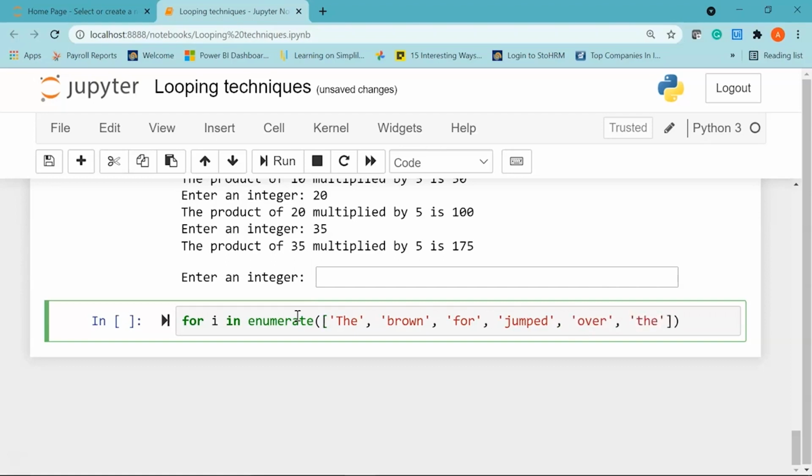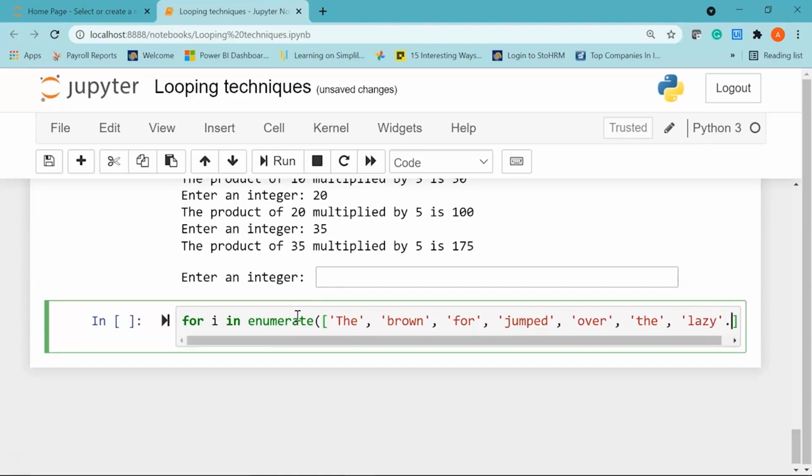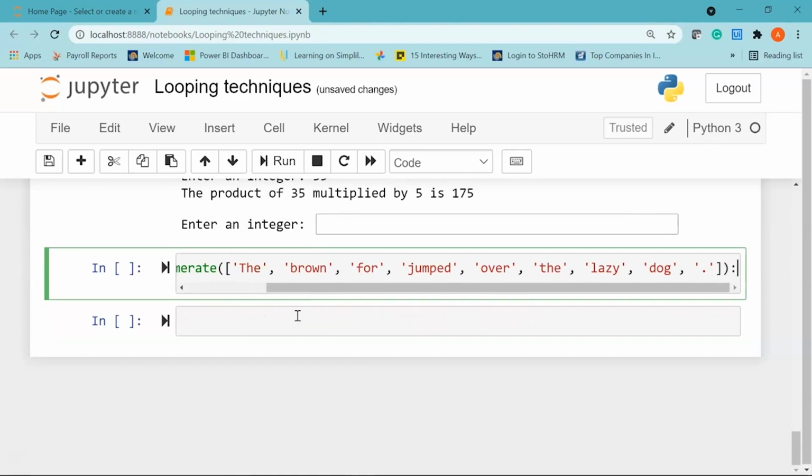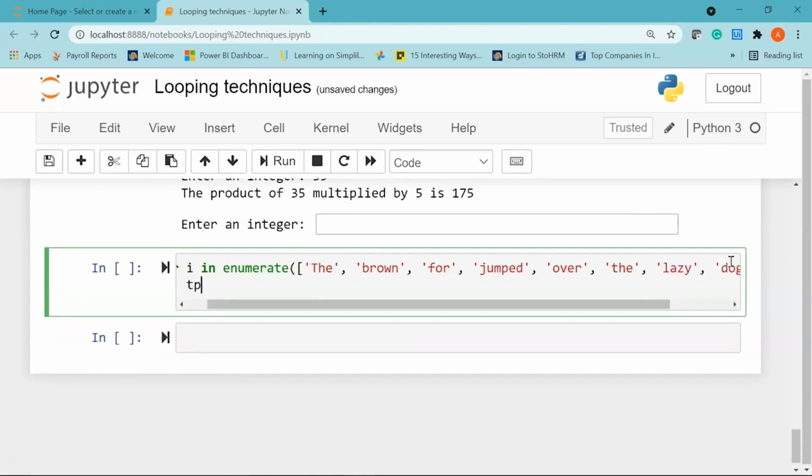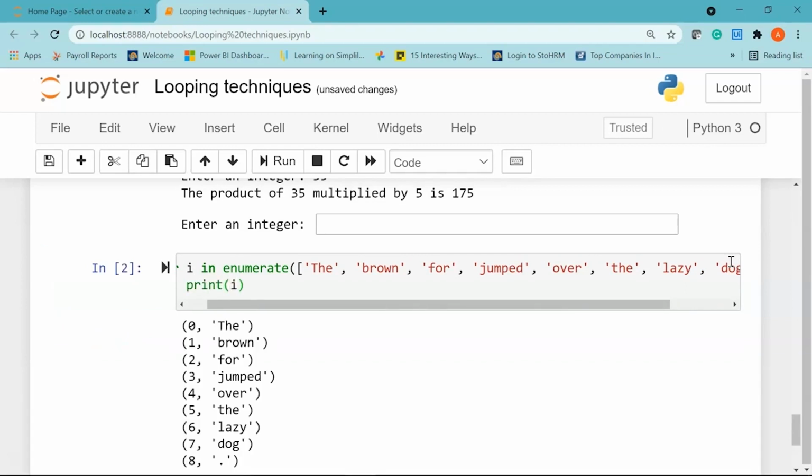The next word I have is over, then the, then lazy, then dog, and finally we'll have our full stop or the period. Okay, then I'll give a colon and I'll say print i. Now let me run it.